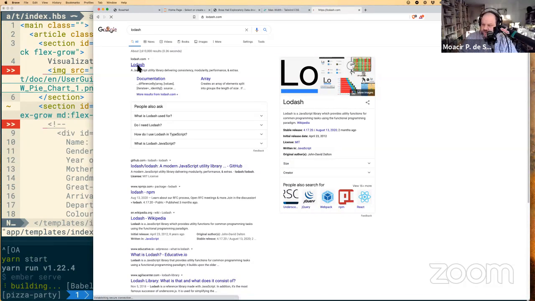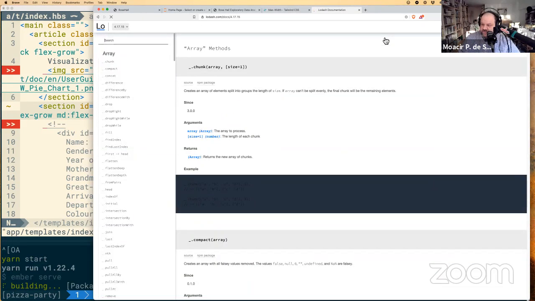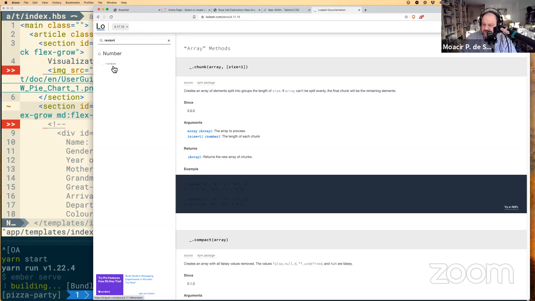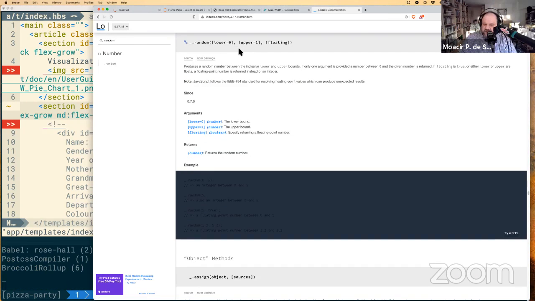To the question about randomness and picking from a random set, something like Lodash provides those kinds of functions, I think. You're going back to when we were trying to do that earlier. Yeah. So with Lodash, instead of using Math.random,